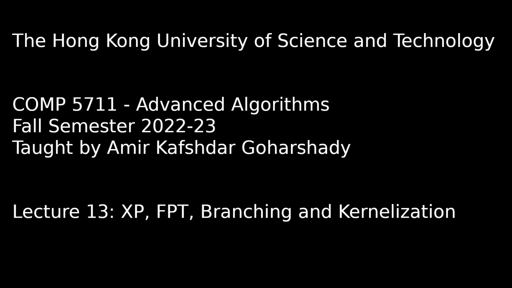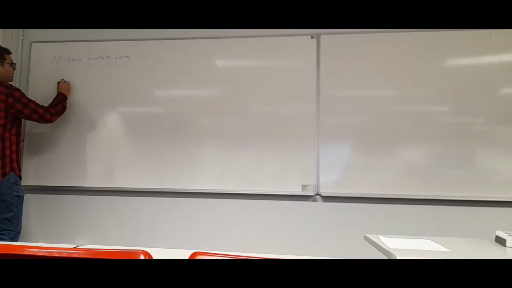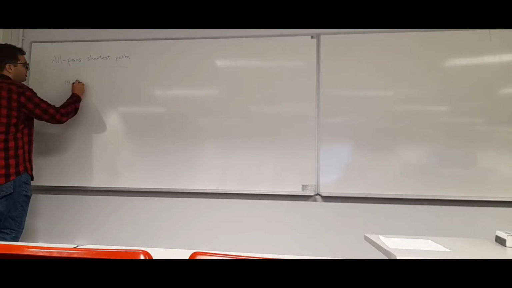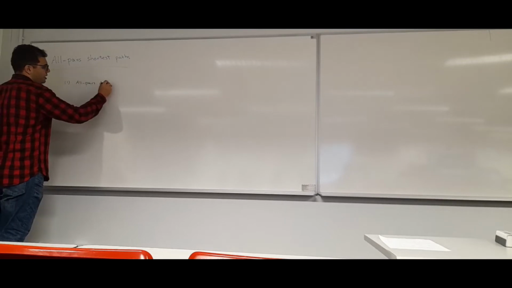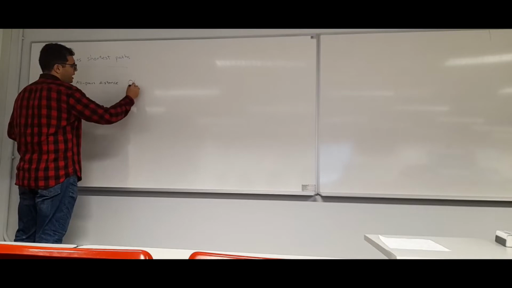Today we're going to continue where we left off last time. We were talking about all pairs shortest paths. And remember that we were trying to solve this problem on a graph that was undirected and unweighted. In the last session, we saw two different things. First, we saw that we can compute all pairs distance in better than cubic time. And the algorithm that we had was